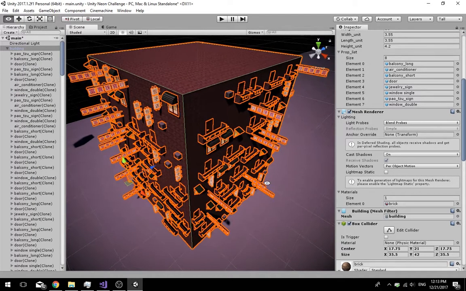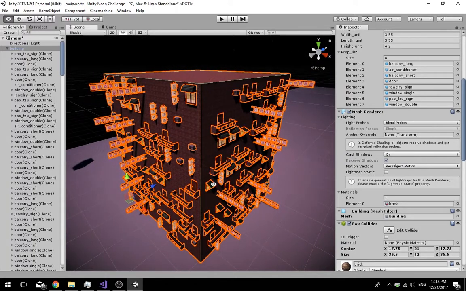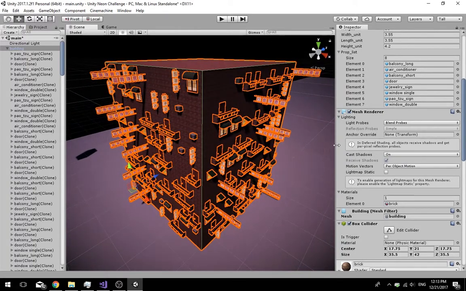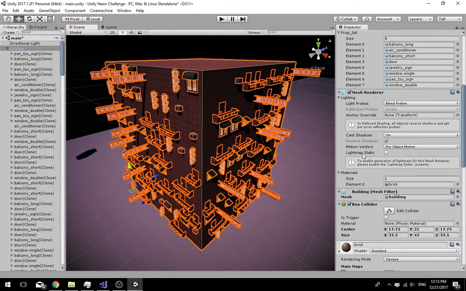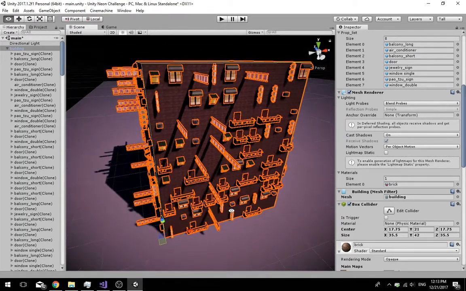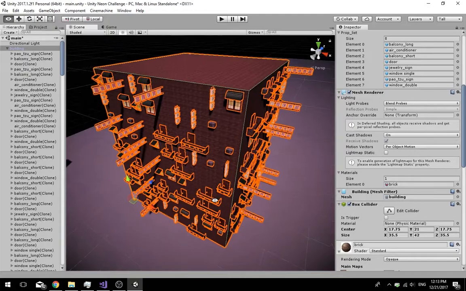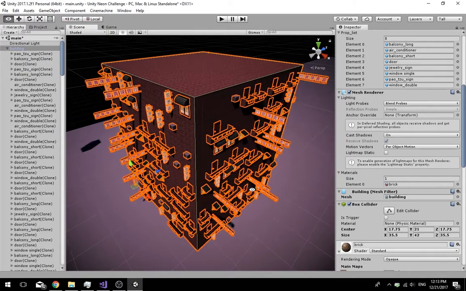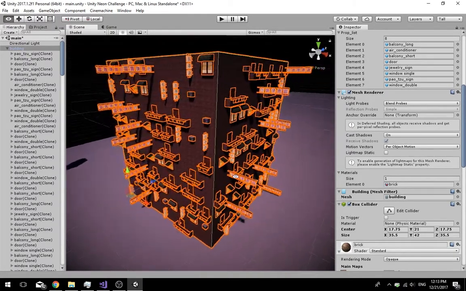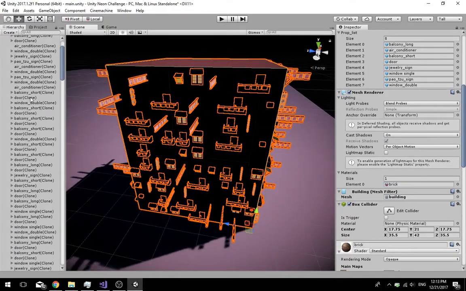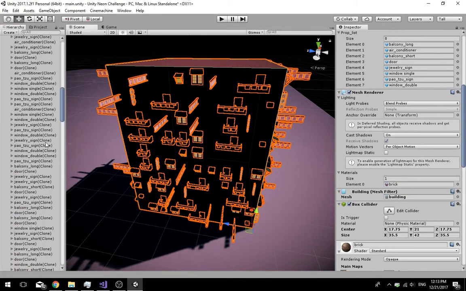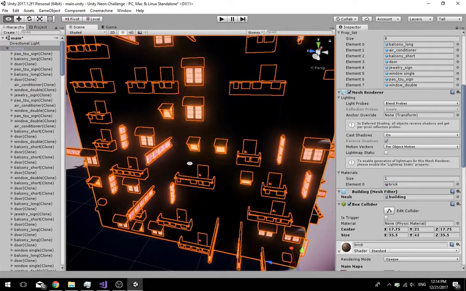So when I finish placing these props, the last thing I will do is to check this lightmap static option here. But this option is quite dangerous because the amount of props on this building is quite significant. It has huge amounts of props here,